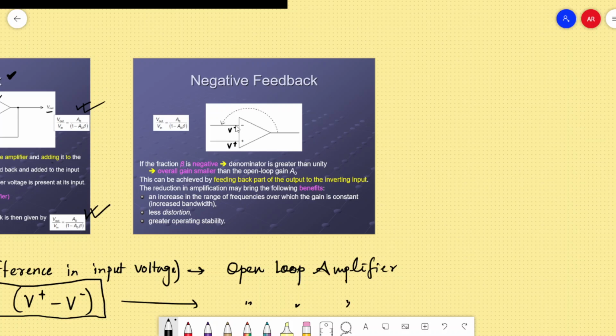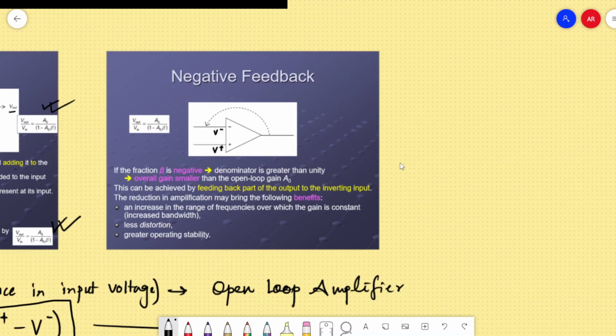The output is fed back to the inverting end, and here, the fraction